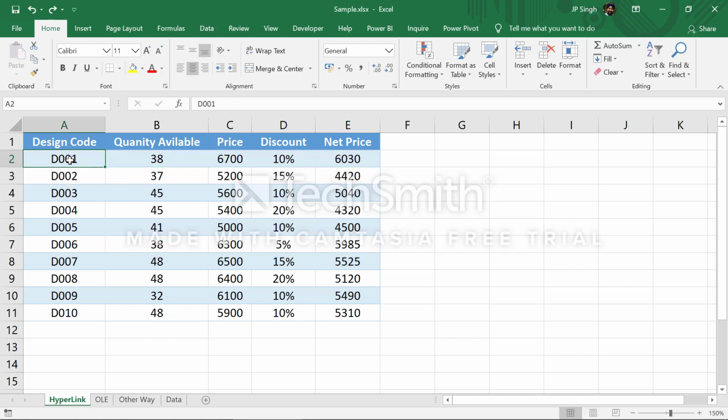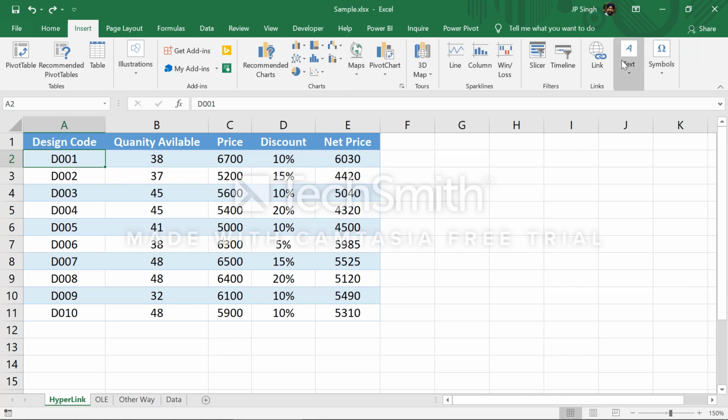For each and every design code, show me the picture of that design code. So here in this Excel, if I want to know which picture D001 has, I want to see that picture in the Excel sheet.